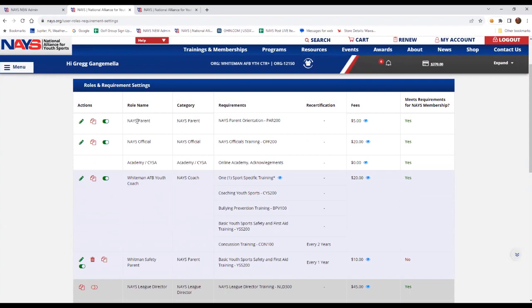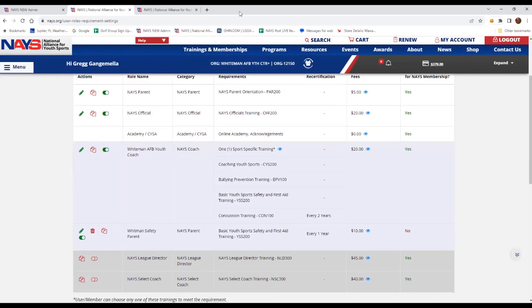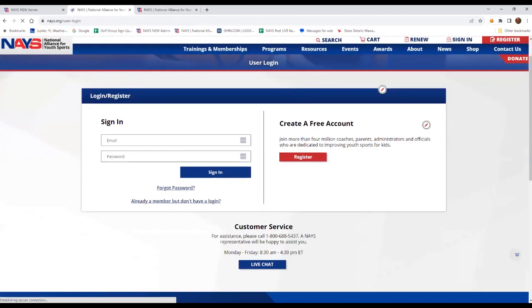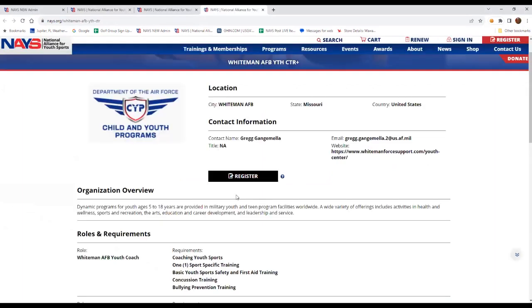And if I deselect parent, official, and Academy CYSA, it's only going to show up with those selections. So let me show you how that looks. I am going to have to log out very quickly, and I'm going to go back to that email I showed you earlier. But because I'm logged out now, that link is going to take me to the registration page. So I can click on that page, go back down here, and you can see now I'm on the registration